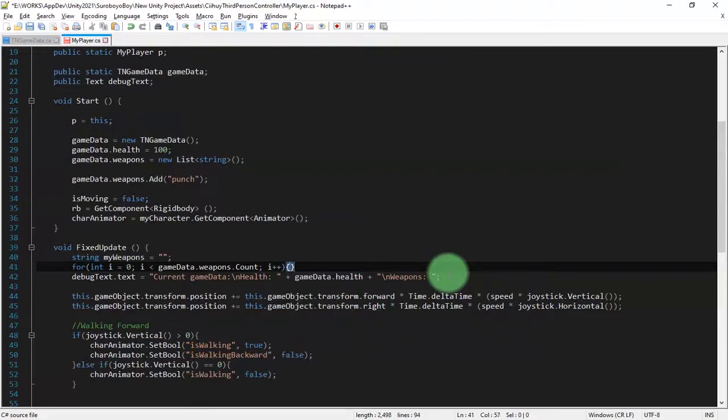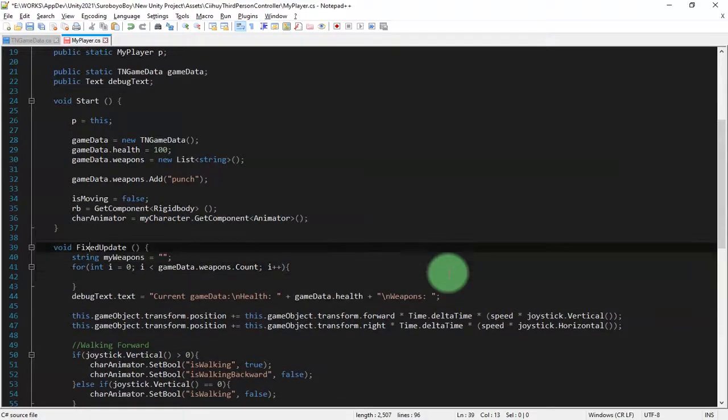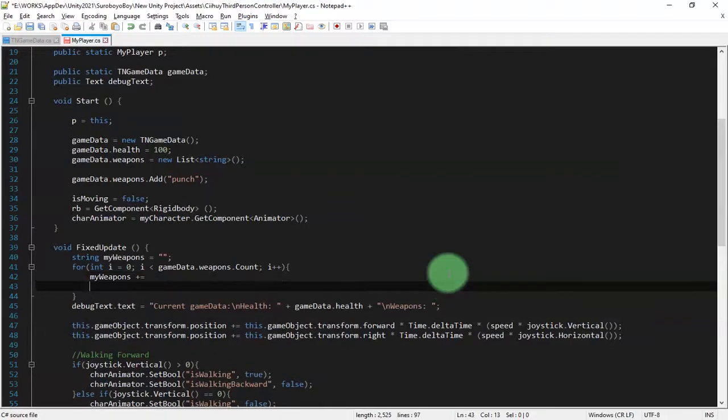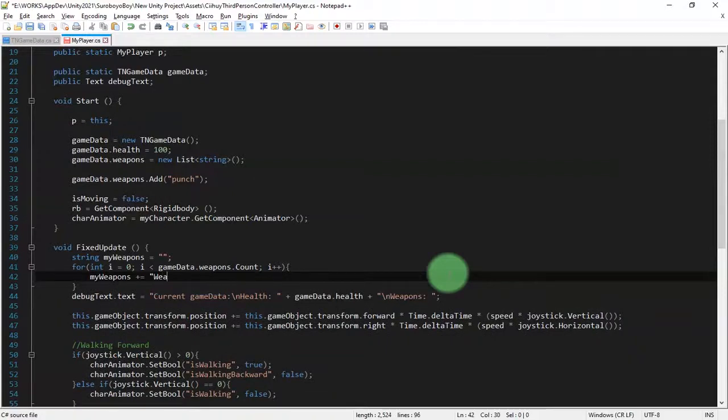And inside this block I will append the string with the value of game data dot weapons. My weapons we append it with this text, weapon